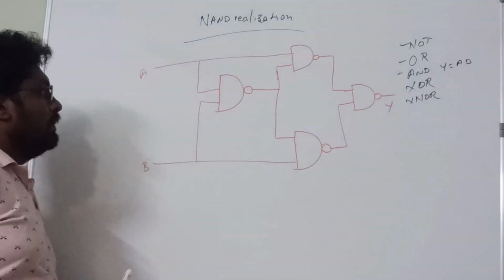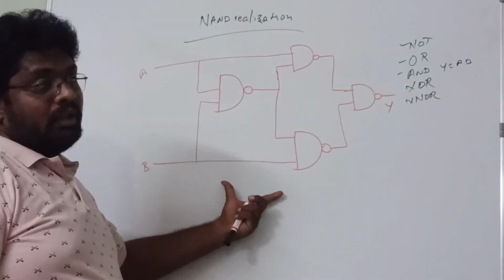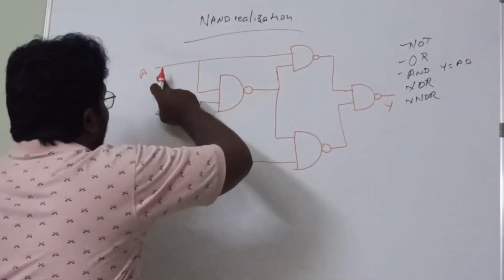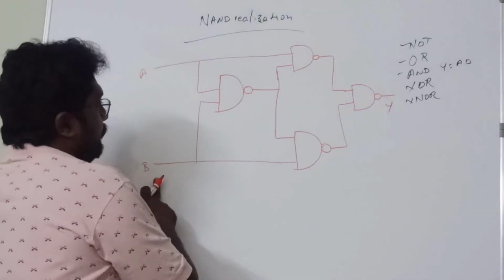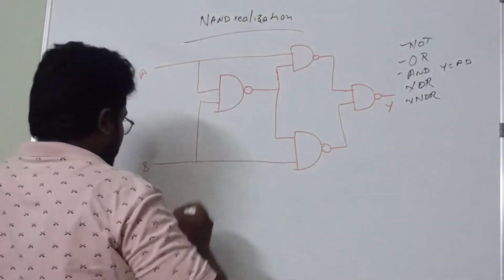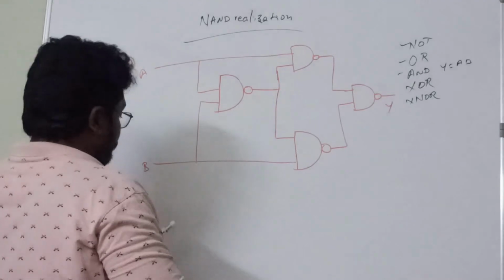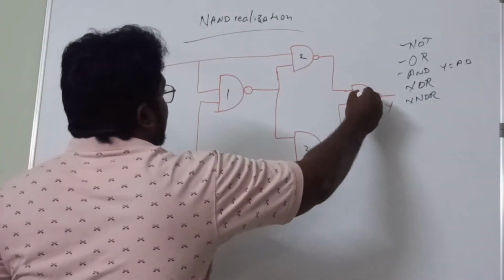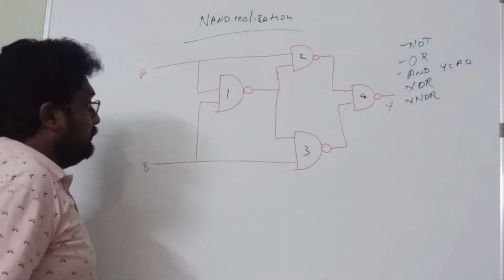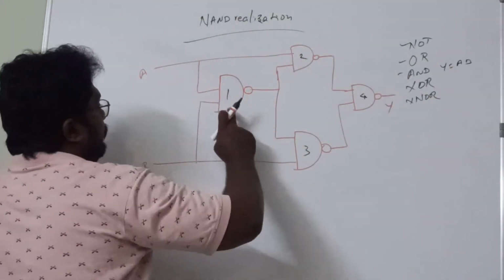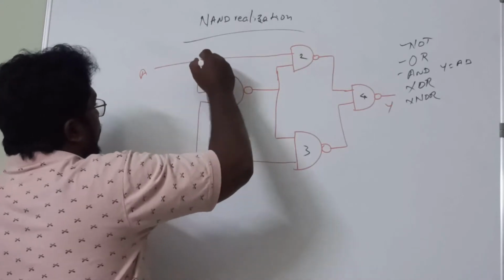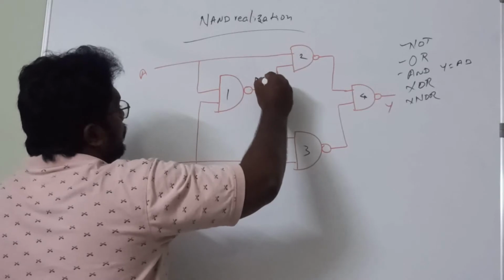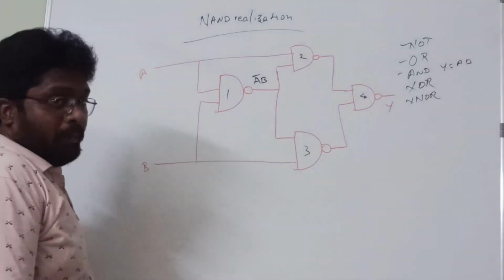So this is how we will be implementing the XOR gate using the NAND gates. So now let us see. Here I am having inputs A and input B. This is my first NAND gate, second NAND gate, third NAND gate, and the fourth NAND gate, right? So the output for the first NAND gate will become, here I am having A and B as the inputs. The output will be AB whole complement.